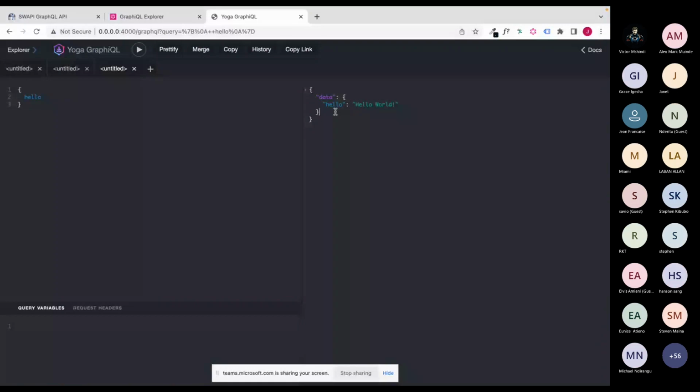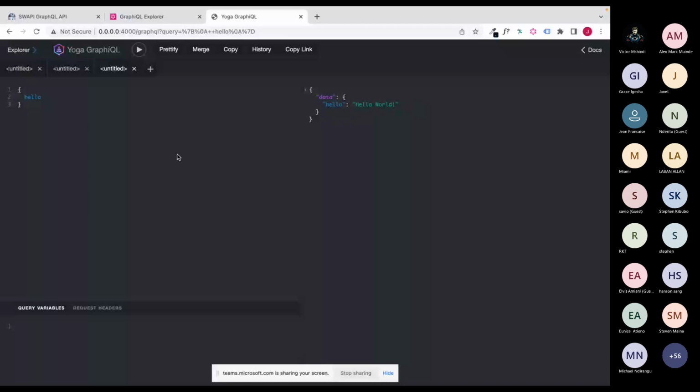In this interface you can pass variables, and here you can pass request headers as well. As is, it's just a hello world, and it's not so useful. So what I'd like to do is merge or create a gateway really quick.